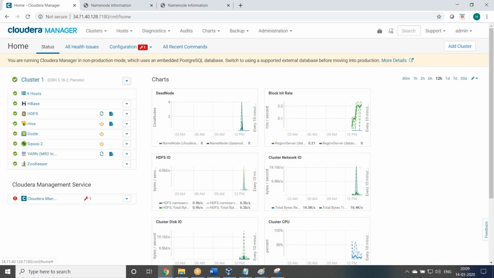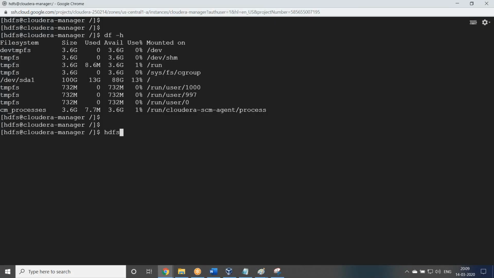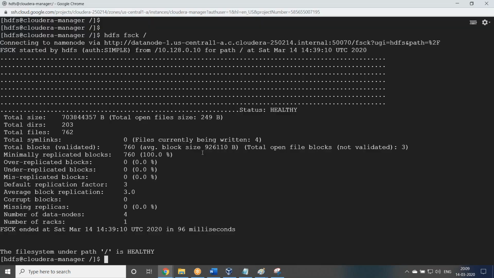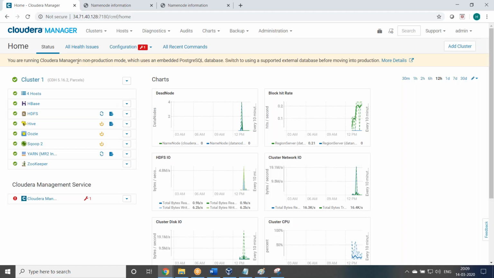So now I don't want to run the command here. What is HDFS fsck? I don't want to run. Why would you run? No need to run. Everything is displaying up to date, right? It is refreshing every 5 seconds. You can find that values also will change. Or else, if you want, you can just click on the name.